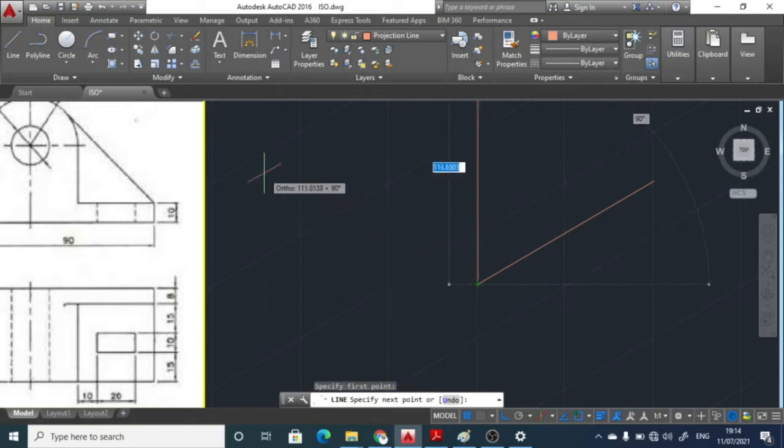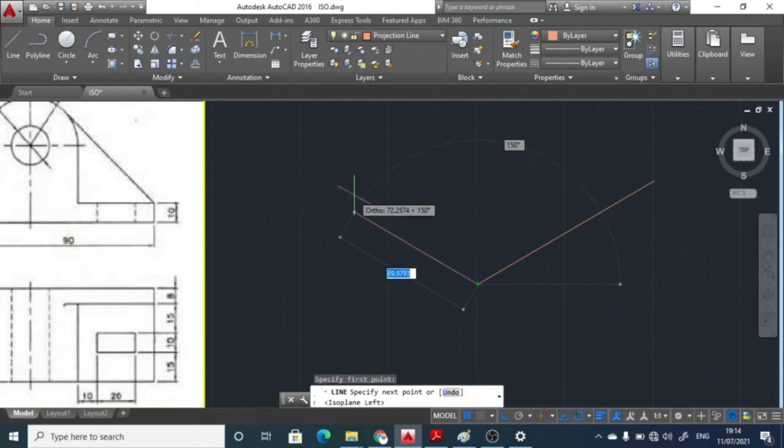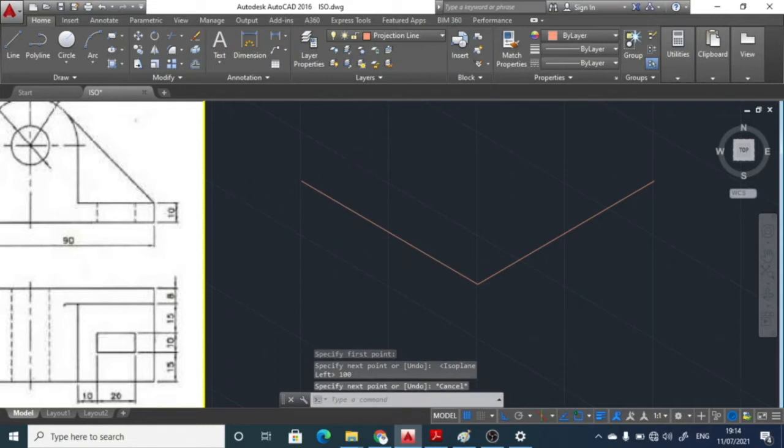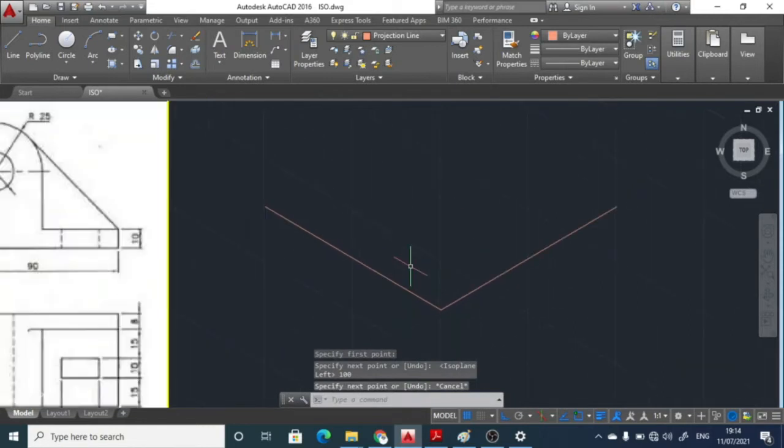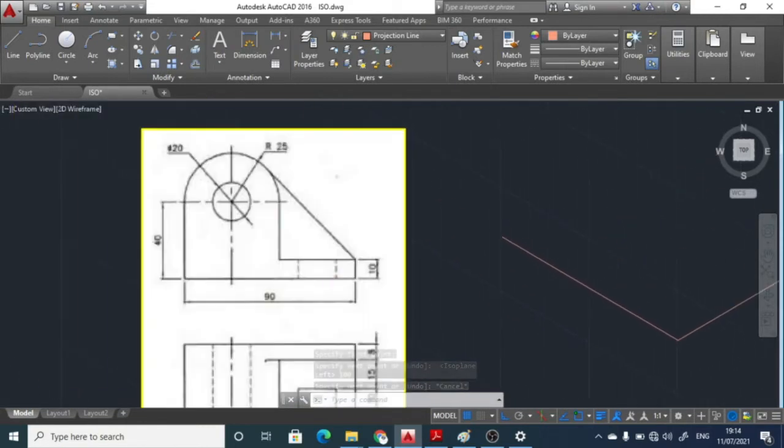Similarly, when we are trying to draw the line on this plane, it is not working over here, so press the F5 button. After pressing the F5 button, the plane has been shifted and you can start the length of 100 mm over here. Escape. So once we have drawn this structure, now we go towards the diagram.